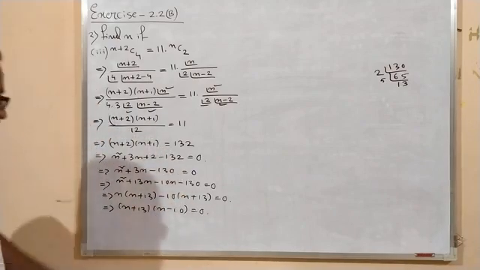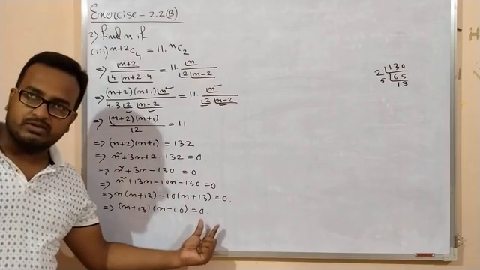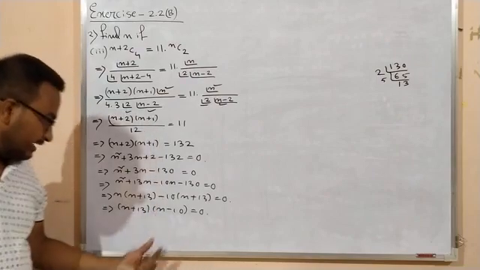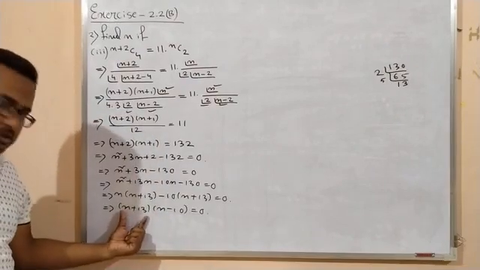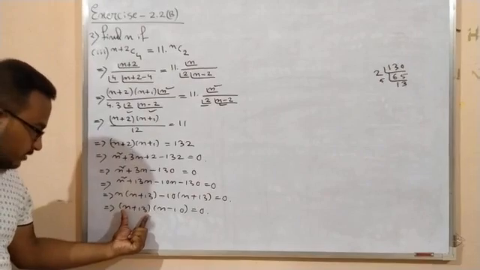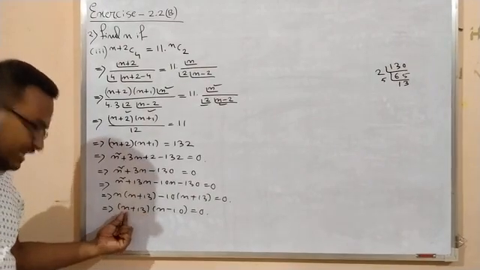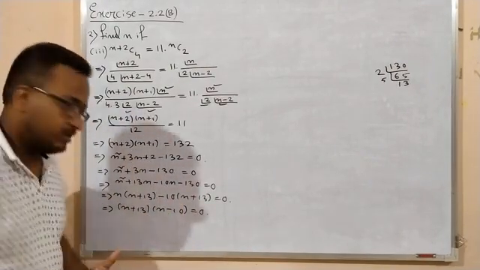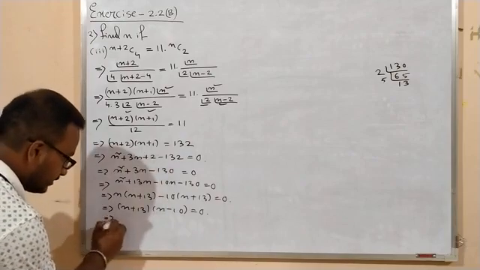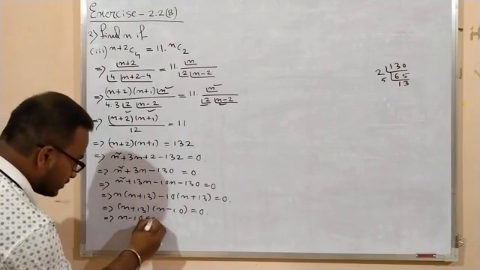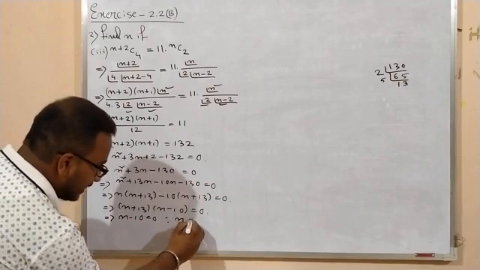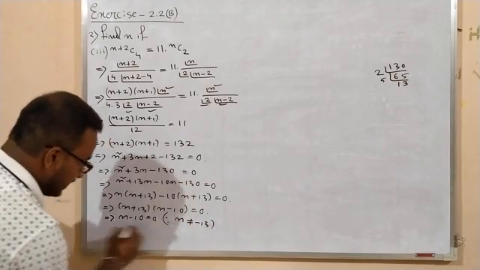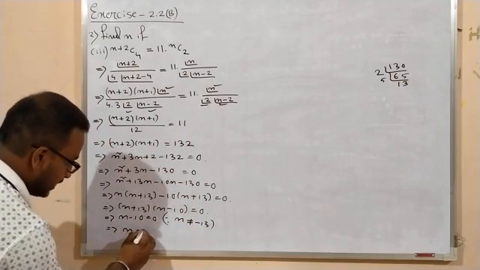right? So this is again a product of two real numbers equals to 0, right? So already you have learned that this quantity cannot be equals to 0, because if you take this is 0, then this means this n is equals to minus 13, which is absurd. So from this line you have to write n minus 10 equals to 0, since n cannot be equals to minus 13. So this implies n equals to 10.